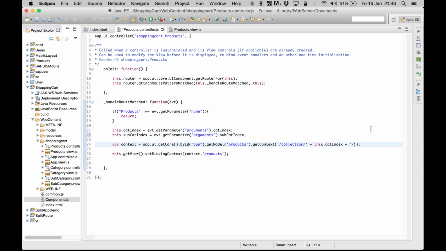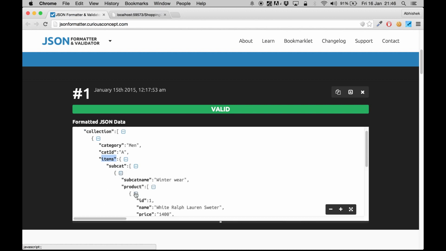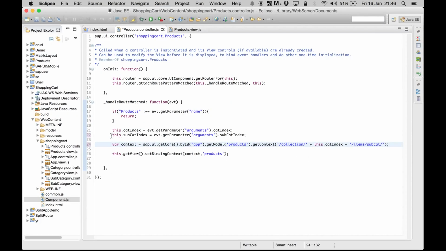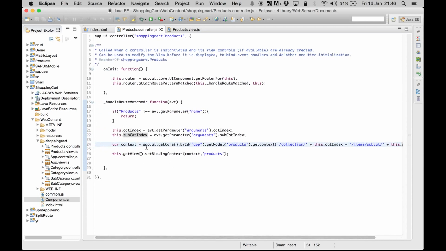So we are going to write items slash subcat, and after this we are going to pass the subcategory index, because if you notice there are two different subcategories over here, but we are interested in getting the products of this particular subcategory, so we get all the products right here. So this index we are already getting over here, so we can write plus this.subcatIndex, and then we are going to bind it with the products